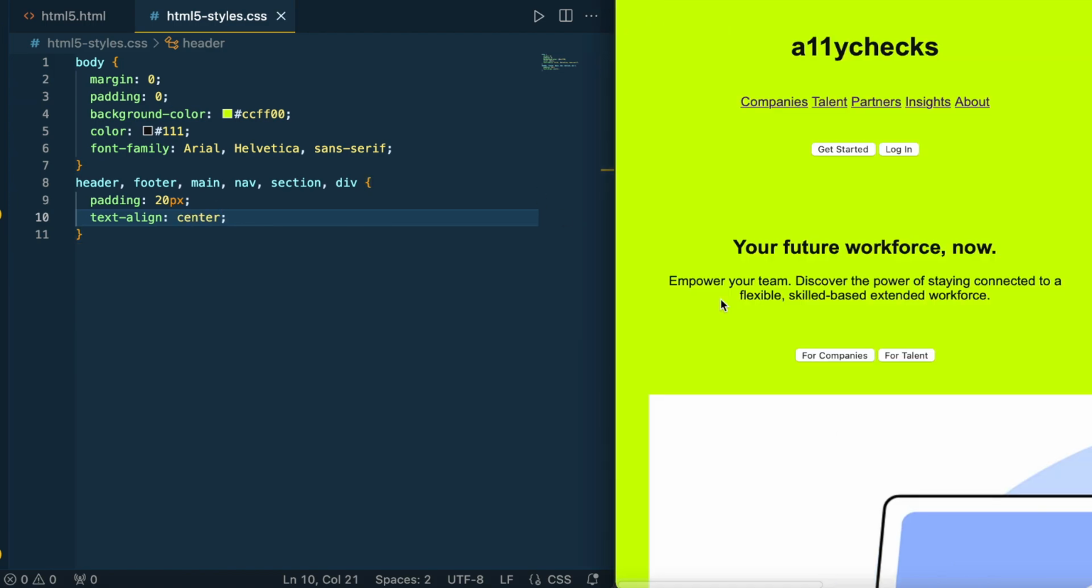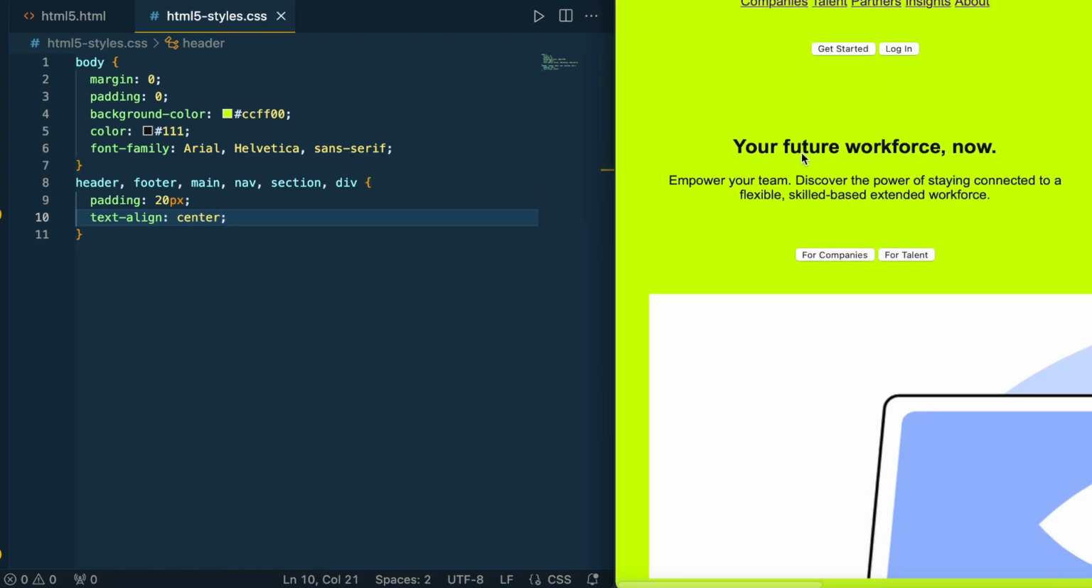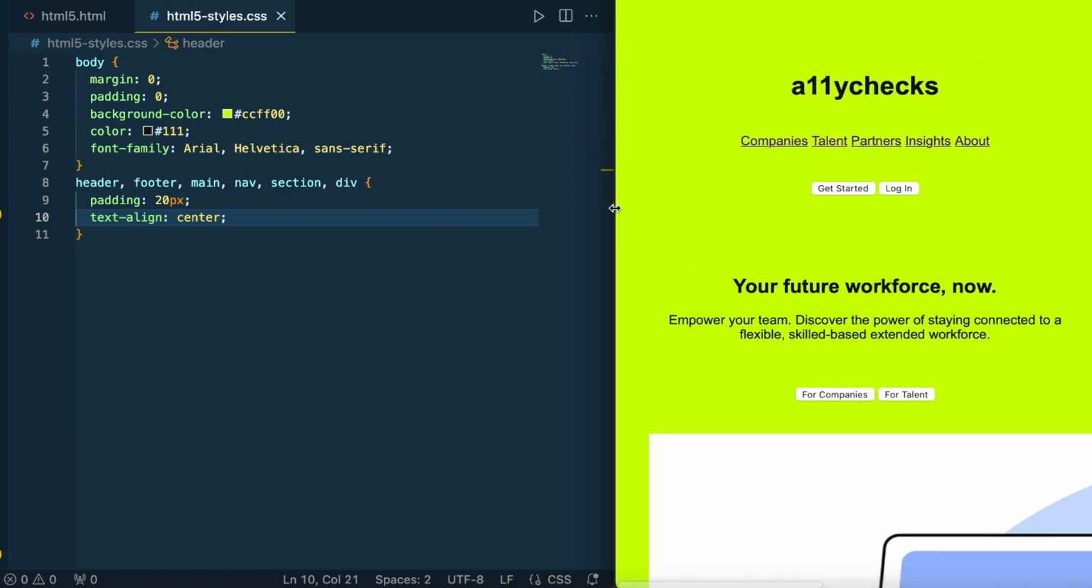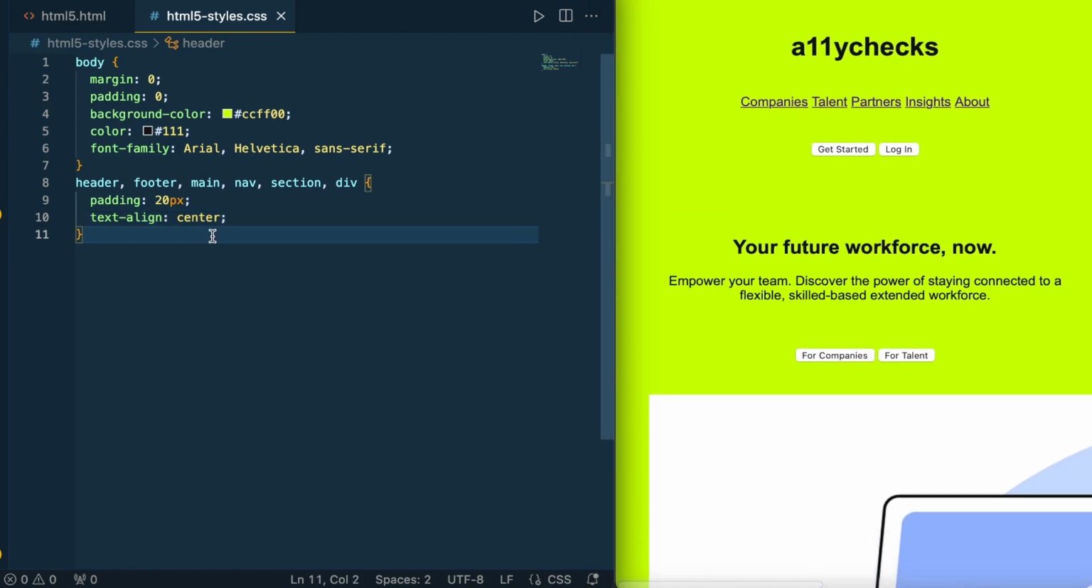All right, so it has given us the padding of 20 pixel, and then the text is aligned in the center of the page. The next, so we'll take the header, customize the header, and we will make this header display